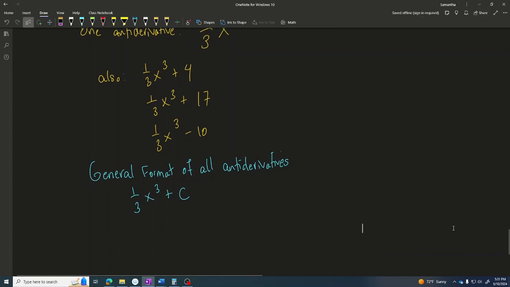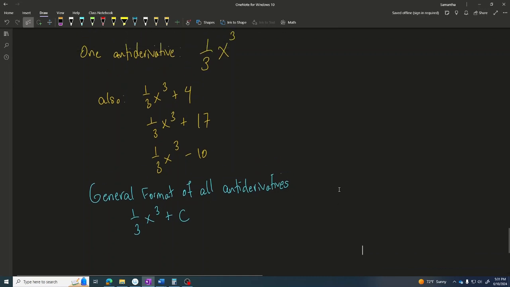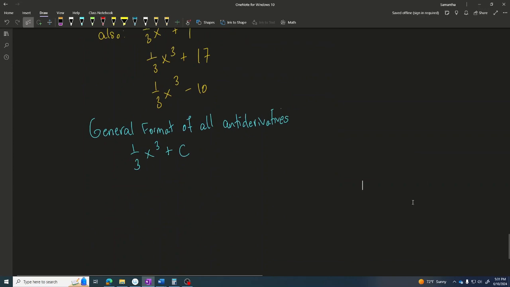In general, the description of all the antiderivatives of x squared was 1/3 x to the power 3 plus c, representing some constant. And in the language of today's video, it's this expression right here that we would call the indefinite integral